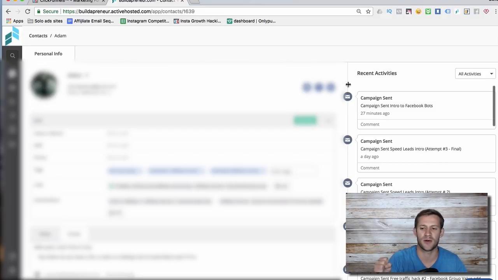Versus a lot of the other ones where it's like, I want to do this, and then you're like, oh, I don't really see a way to do that. And then you reach out to support, and they're like, well, you could do this and this and this, and then kind of roundabout do that. And you're like, no, I just want to do it. And in ActiveCampaign, I've never had that issue. They really have thought out every possible option that an email marketer could want.